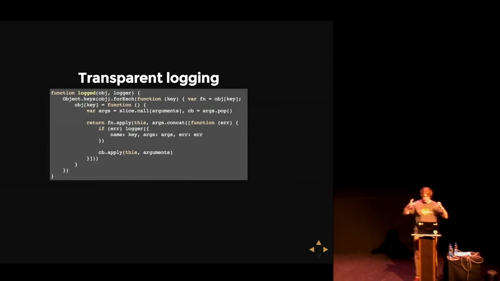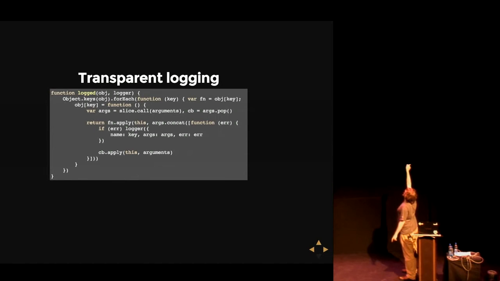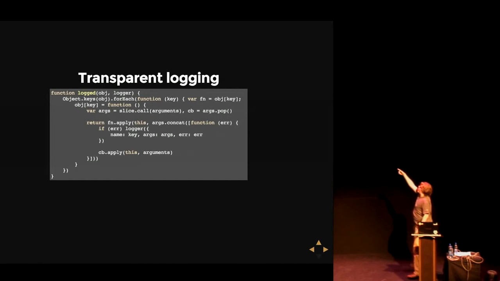So what you've got in your application is some logic somewhere, a little object literal that has some asynchronous methods on it. You can just wrap all your methods, grab the callback, intercept it, call the original method with a different callback, and then if there's an error, logging the name of the method and the arguments in the error is fantastic. That's some really nice visibility. Now, this is slide code, there's a bunch of other stuff in there that you should handle. But this helped us a ton.